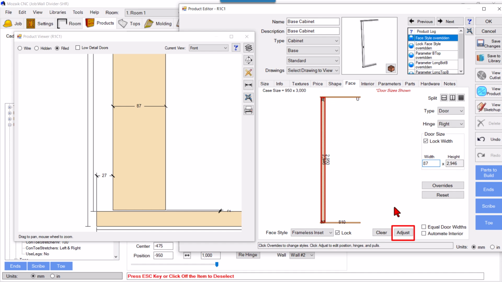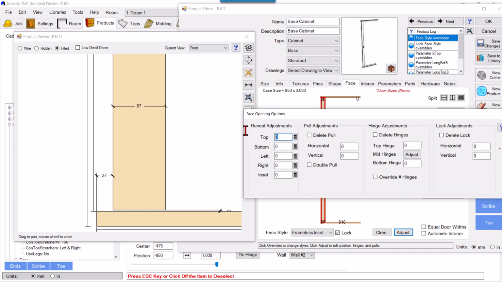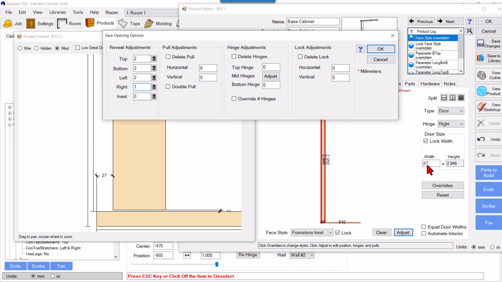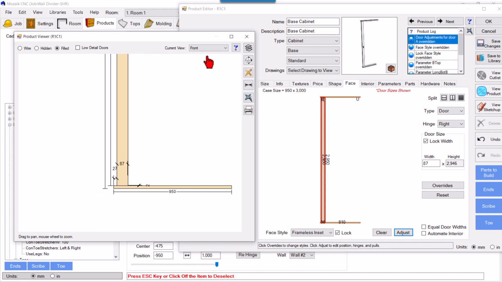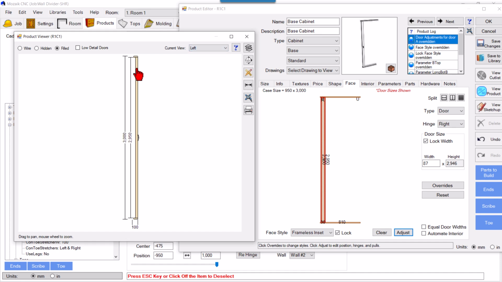we will do one thing. We will select this door and click adjust, and we will increase top gap, fill the top gap by 2 millimeter, bottom gap by 2 millimeter, and left we will increase left by 2 and right by 1. Okay, because at present it is 87, so 2 millimeter on left side, here it will increase, so the gap here from left end will become 25 and right one, so it will become 90 millimeter wide. Okay, so we have made this, but if we look it from the left, we see